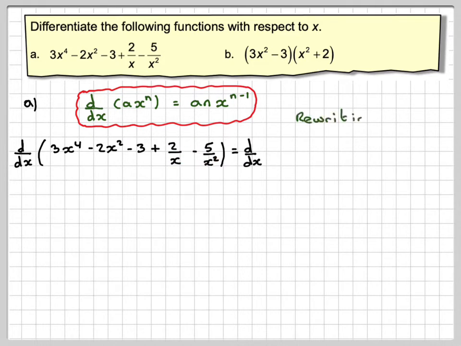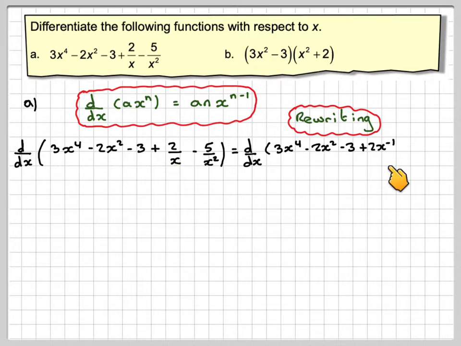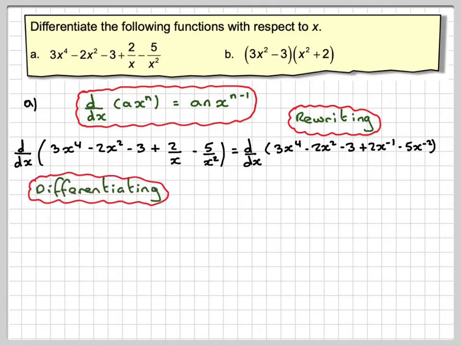So we've got 3x to the fourth minus 2x squared minus 3, that's straightforward. This becomes 2x to the minus 1 using the rules of indices, and this becomes 5x to the minus 2 using the rules of indices. Then differentiating term by term, we're going to get 12x cubed, so we're using this rule here,